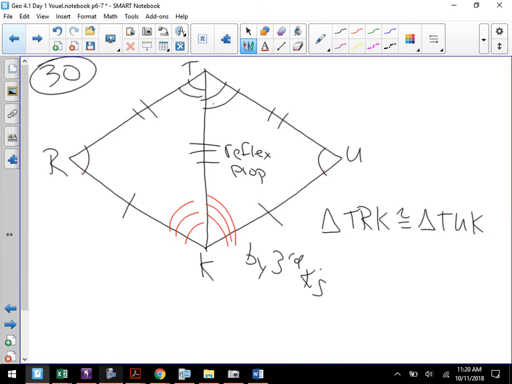By doing that, you now have 3 sets of congruent sides, 3 sets of congruent angles. And again, the reason why this works